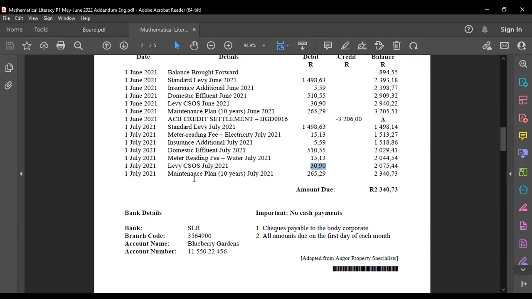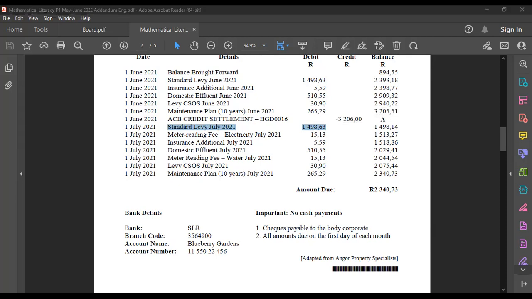This is what they're talking about, the standard levy. This is the amount, and this amount is going to increase by 6.45%. So we shall say 6.45 over 100 times that other amount that they've just given us,